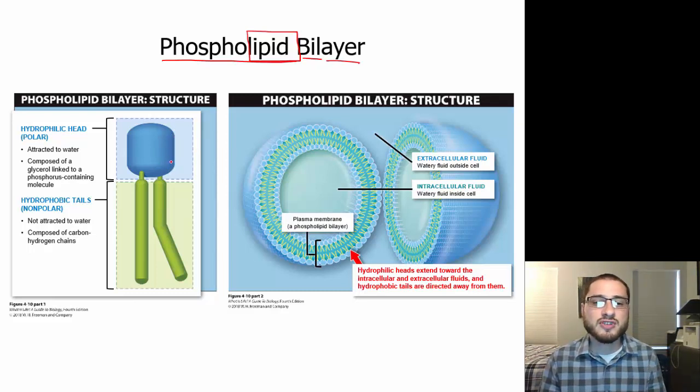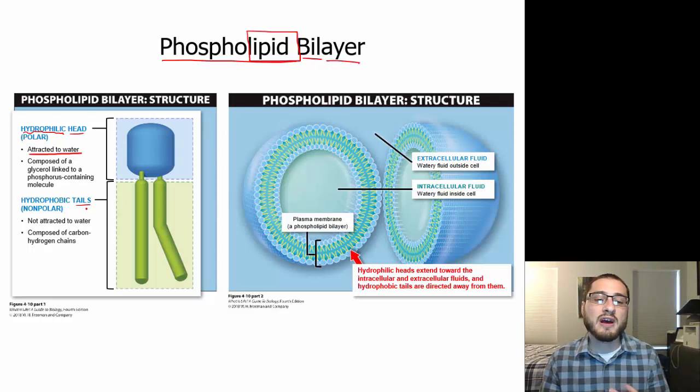So there's a top portion that is called the head, and then there's a bottom portion that's called the tails. And the head is actually hydrophilic, meaning water loving, meaning it's going to attract water. So that top part of a phospholipid is always going to pull water towards it,